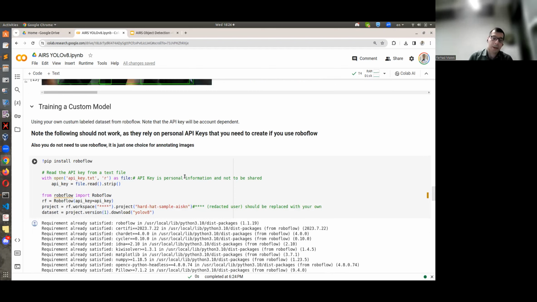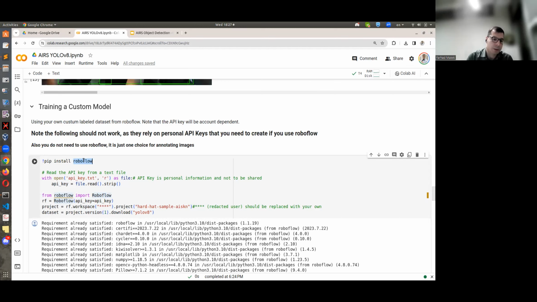One way to accelerate that, and it's a straightforward, user-friendly process as well, is to do the annotation using Roboflow. Roboflow.com is a website where you can upload your data, and it gives you some tools to facilitate the process of annotation, as well as downloading.